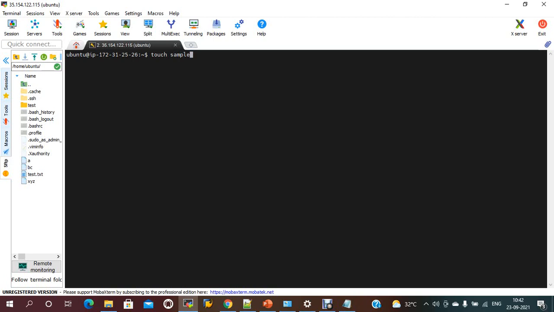I'm giving file1, touch file2. It should create an empty file. Like this you can create any number of files at a time. touch file3, file4.